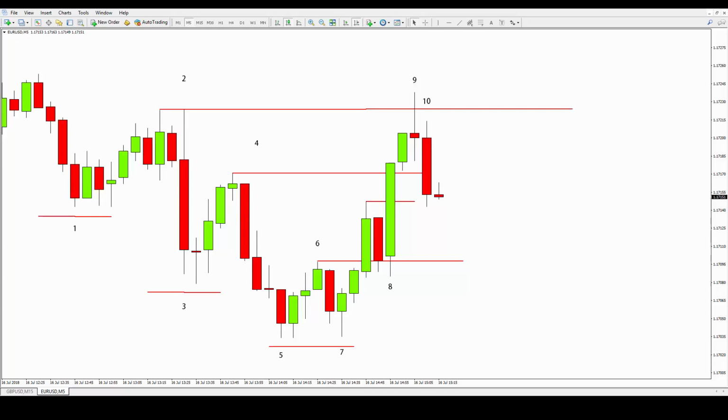This is exactly where the manipulation took place, in the tail above the line from high number 2, which is where a lot of buy orders from retail traders were sitting. Since there were many orders at that level, market makers created a deep liquidity pool by purposefully driving the market beyond the high in number 2. They do that by simply buying large orders. When the retail traders' buy orders are triggered, the market makers begin to sell even more than what they bought in the attempt to bring the market down.